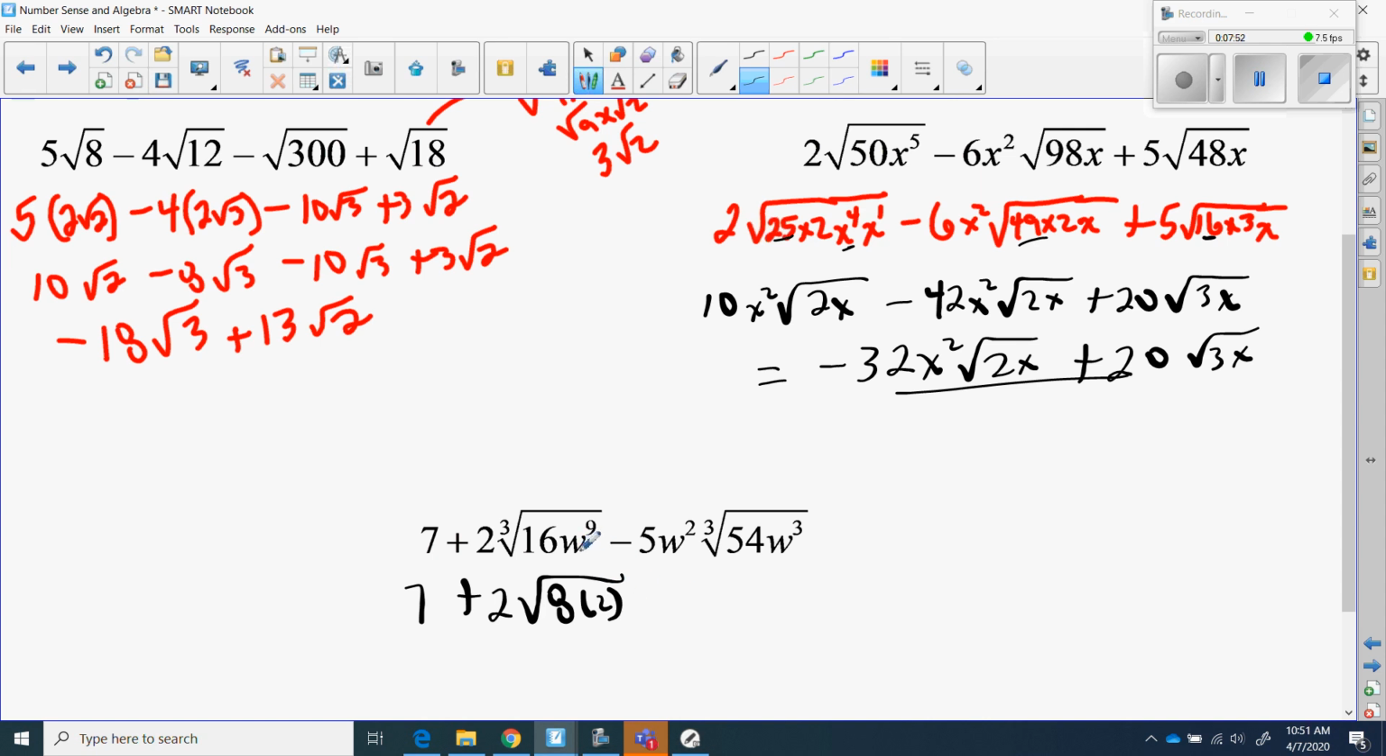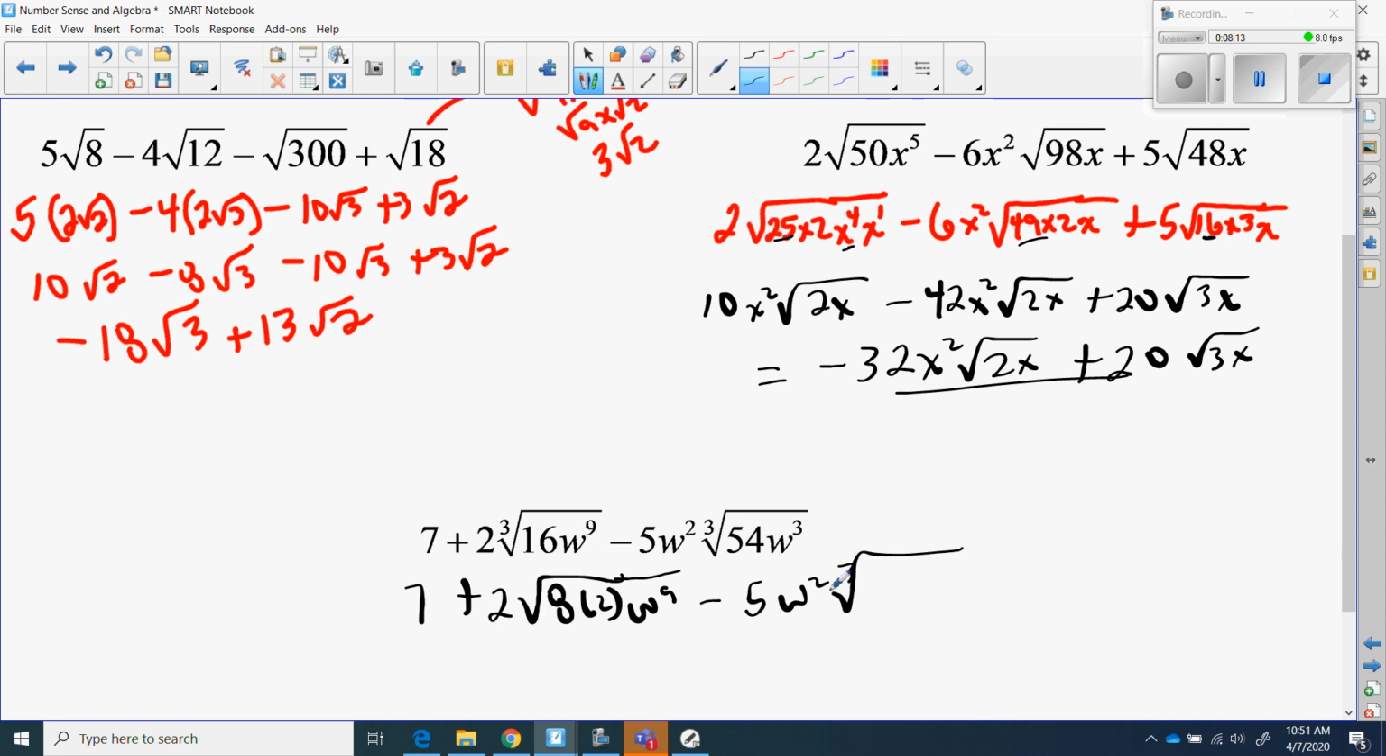In order to be able to take the cube root of an exponent, you need to be able to divide it by 3 this time. Now, last time it was 2 because it was square root, but this time it's cube root, so you need to be able to take a third of your exponent, which I already can. So that one's just going to stay the way it is, minus 5w squared